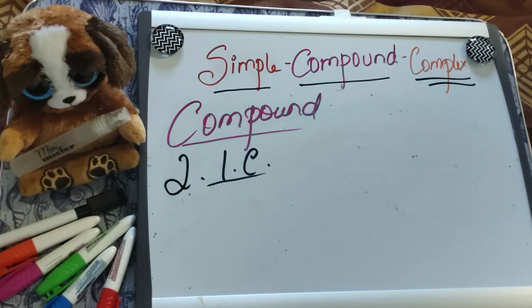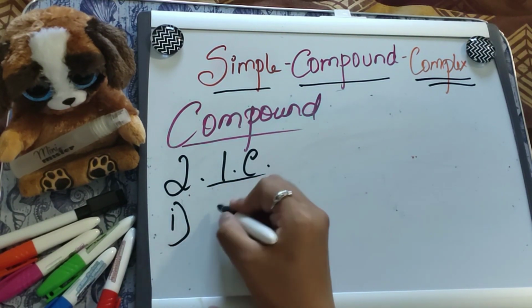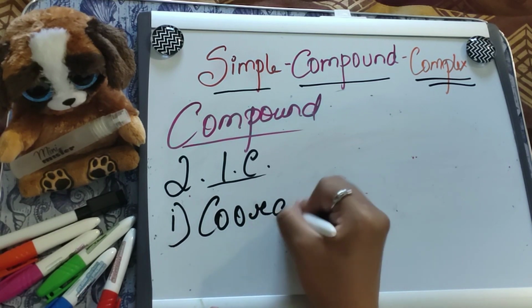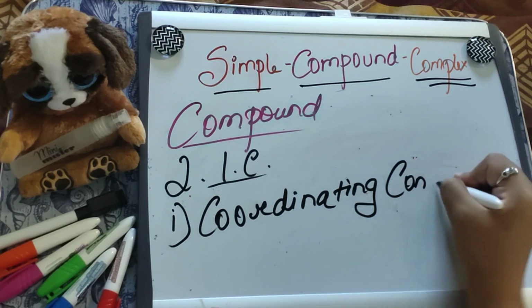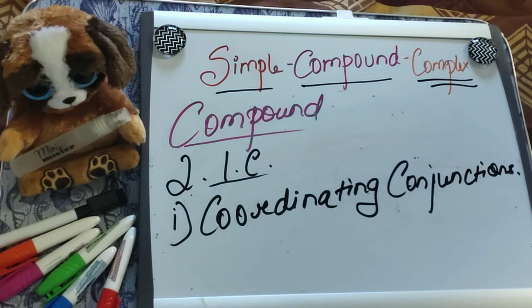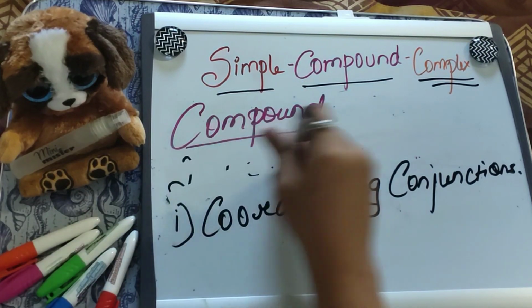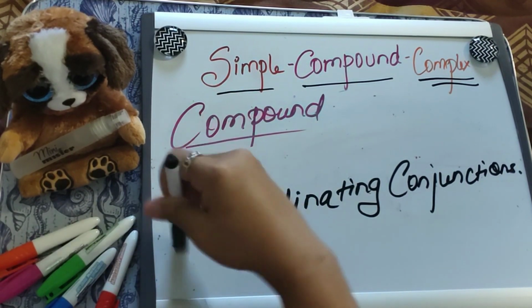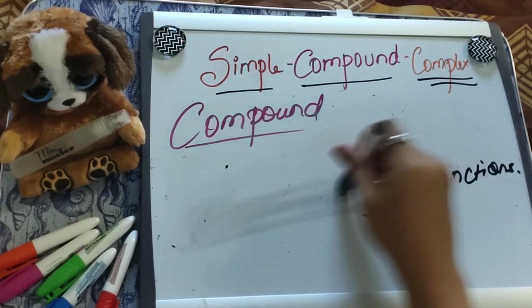And that's the reason they are under coordinating conjunctions. So coordinating conjunctions have FANBOYS. And let's see what FANBOYS are now. I will be erasing this part so that I can accommodate my FANBOYS in here. So under coordinating conjunctions,